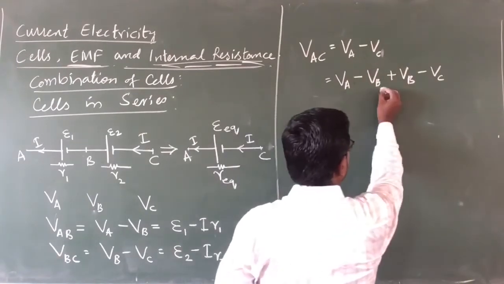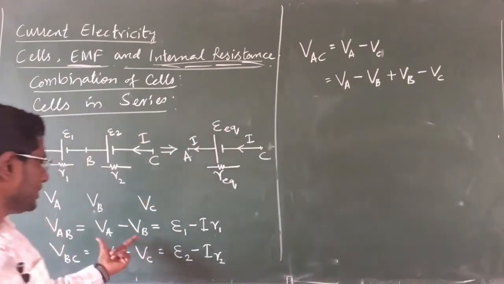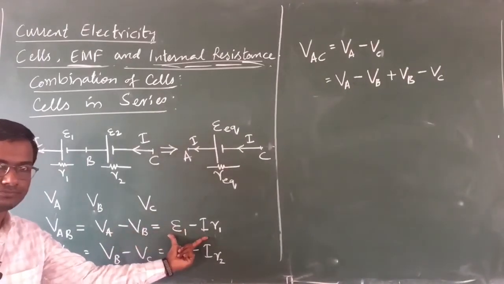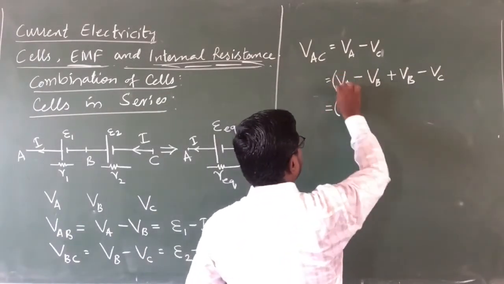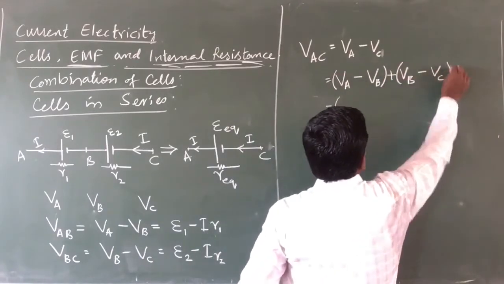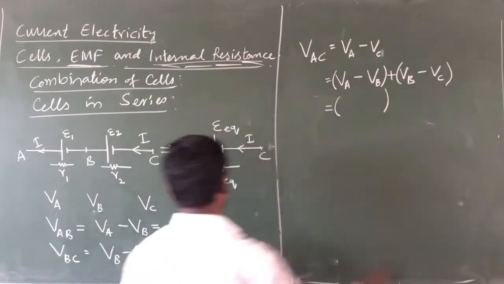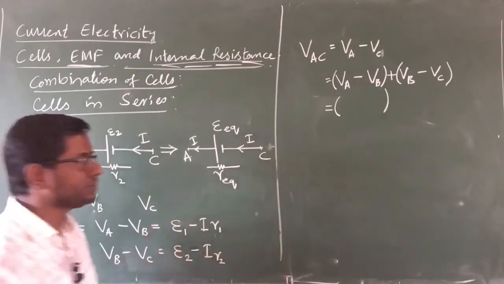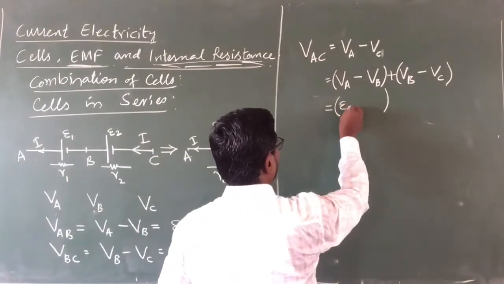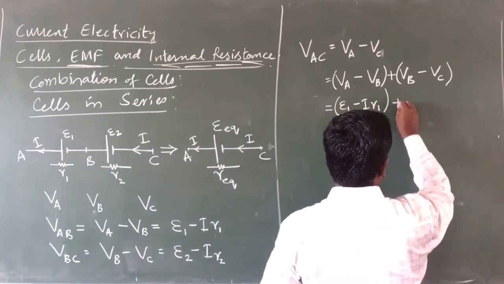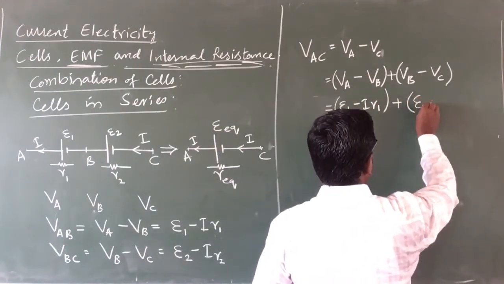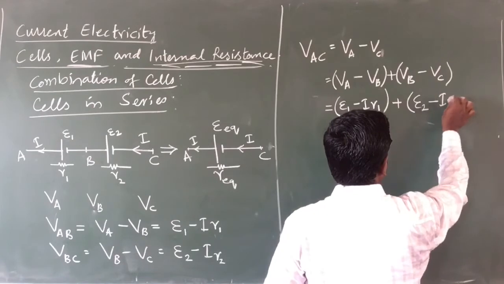Now what does this term VA minus VB represent? It represents this term. So I can write it for that one. I can take this as a bracket. So the first bracket is going to represent this one. So it is going to be epsilon 1 minus I into R1, plus the second one, epsilon 2 minus I into